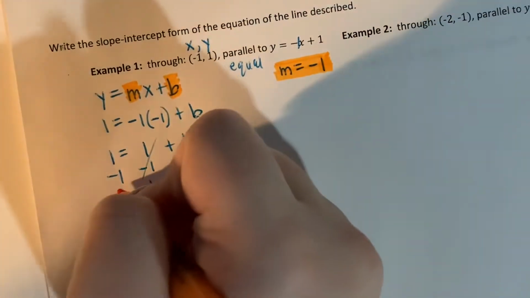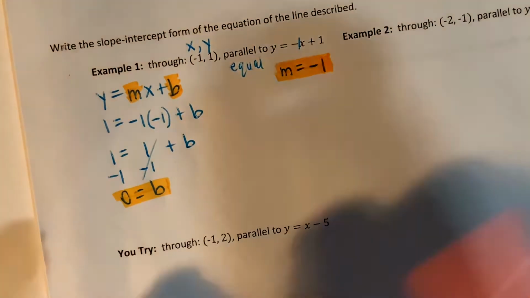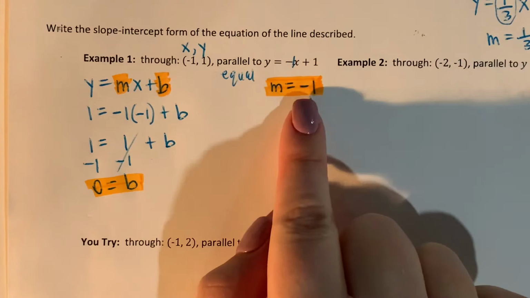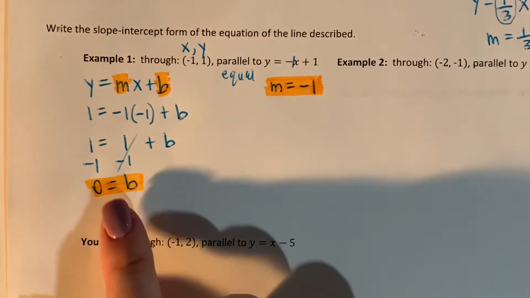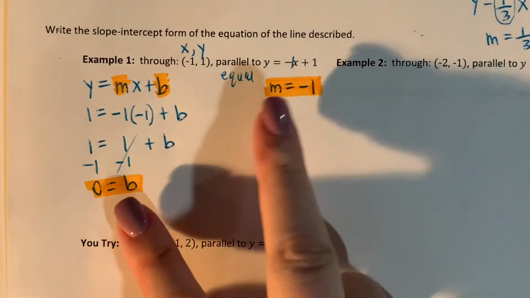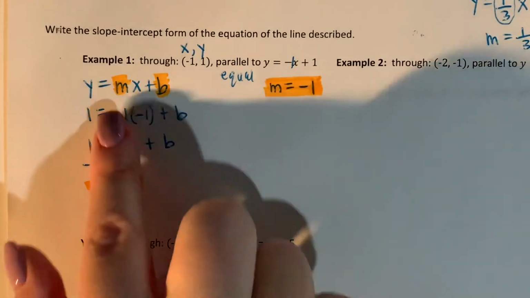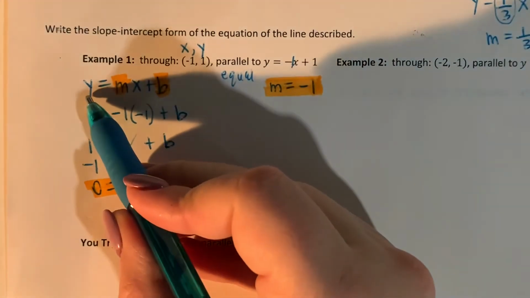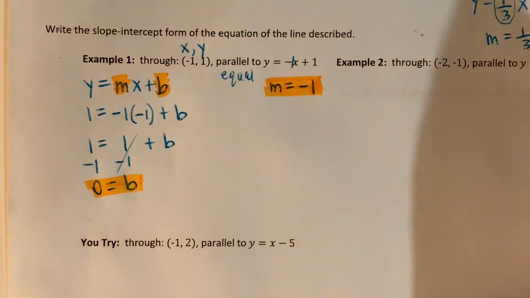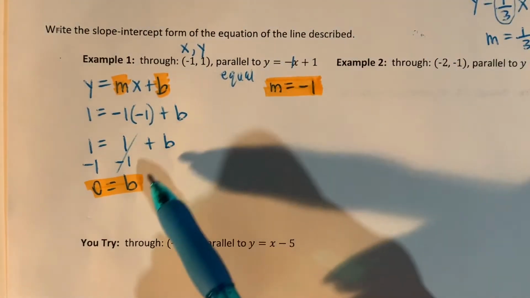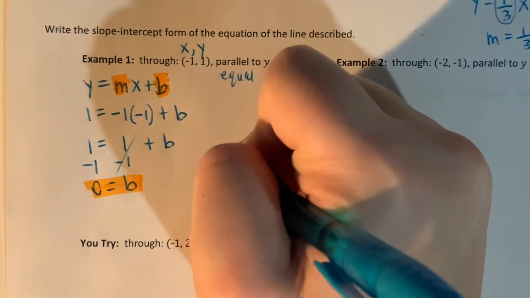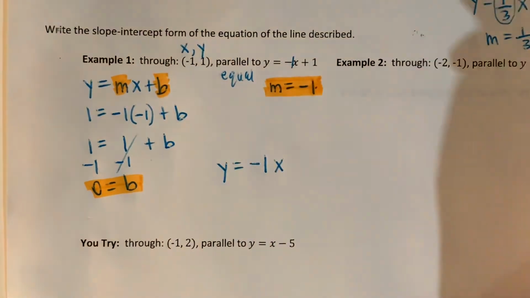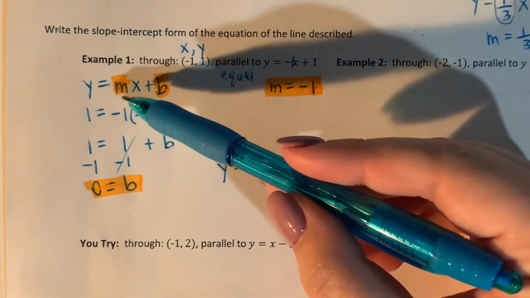So here's my other unknown. Right, I had two unknowns. I had to find my slope and my y-intercept. I know my slope had to be equal, and I just found my y-intercept. So now that I know both of these pieces, I can plug it into my slope-intercept form. So looking at my slope-intercept form, y equals mx plus b, I just have to plug in my m and my b. So I have y equals, my m is negative 1, so negative 1x, plus my b, which is 0,